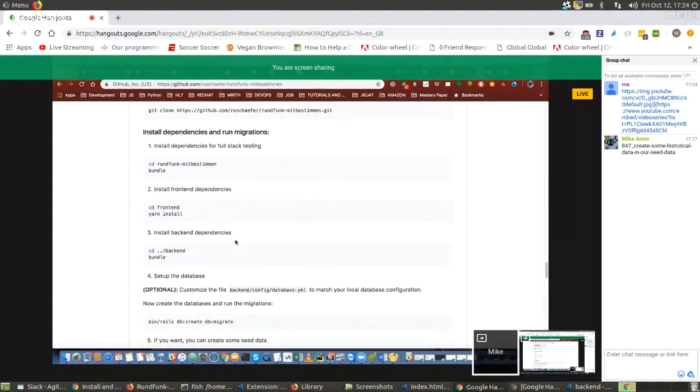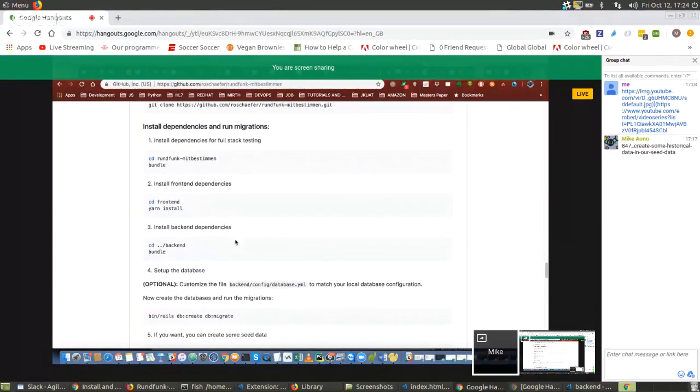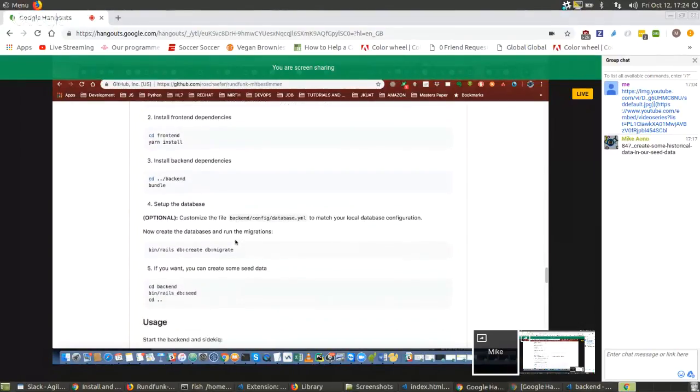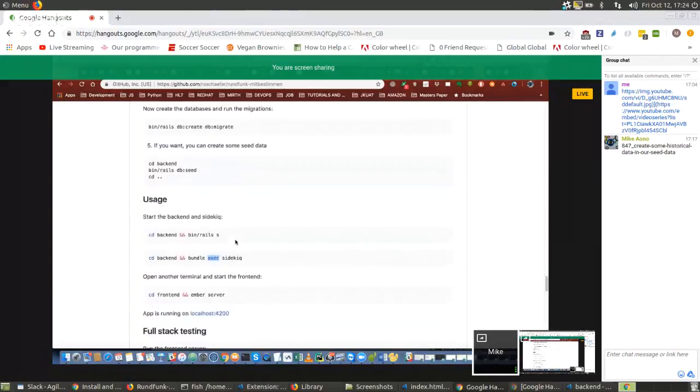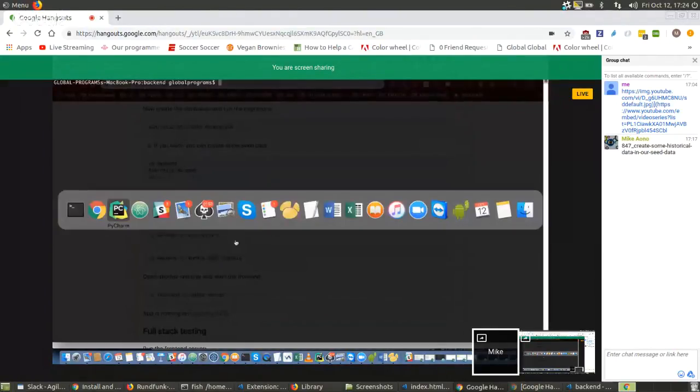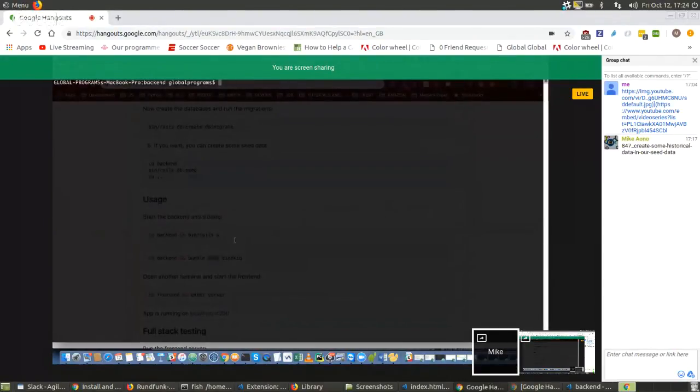Do you have a database set up? I don't think that would have anything to do with this issue, but how do I find out? Well, you could just do Rails DB create, and then it'll tell you it's already created.